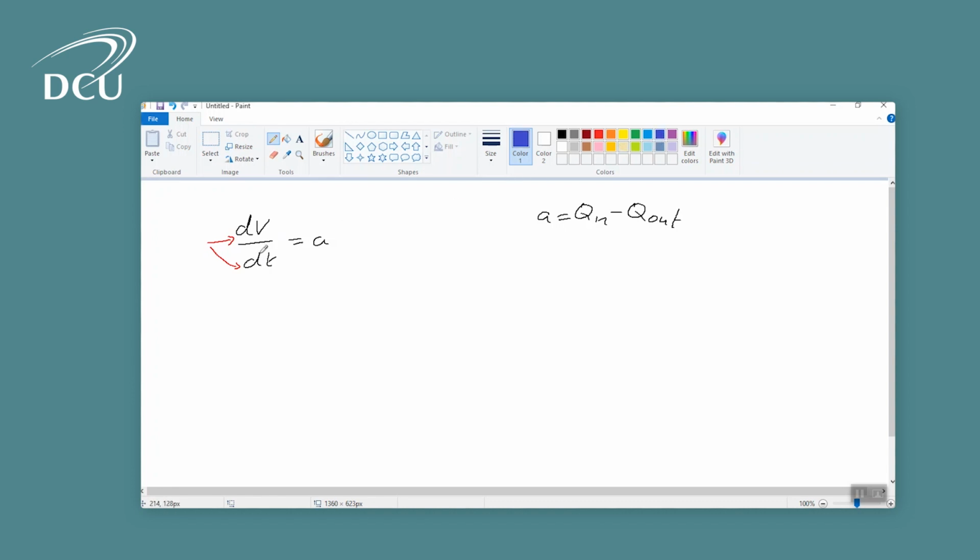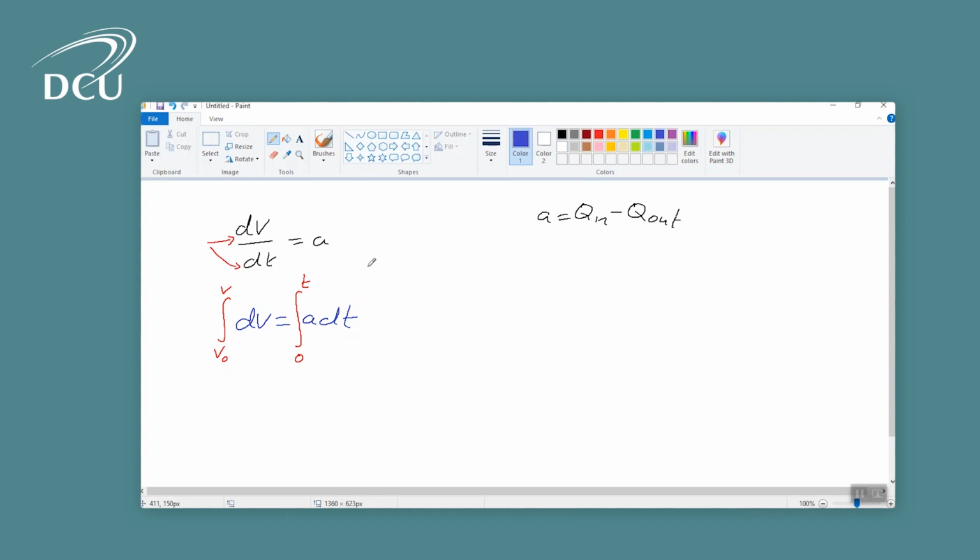So the first thing you try to do always is to separate the two different kinds of d's. So we have a dV up here and a dt down here. So we try to separate those. So the logical way then is just to cross multiply. So we get dV is A times dt. And now we're going to do the integration on that. So we put this S kind of symbol here, and we have going from V0 to V. And then the A, well, we leave the A inside there, it doesn't matter, going from 0 to t.